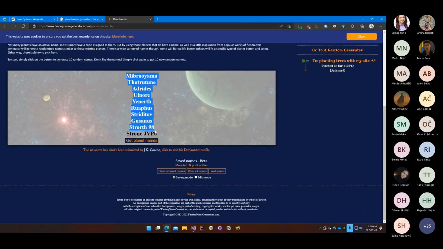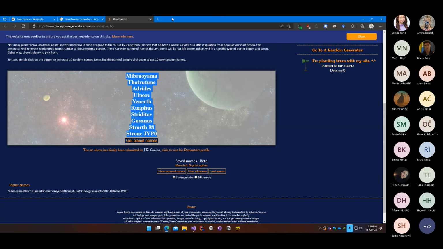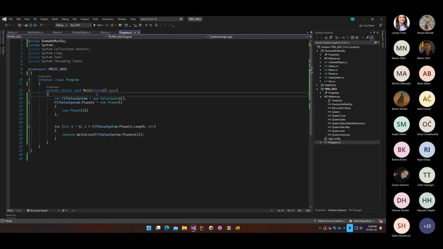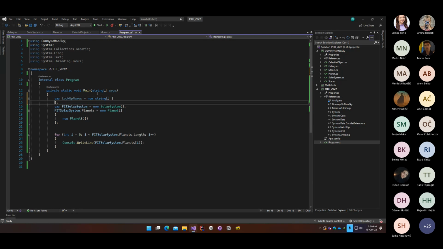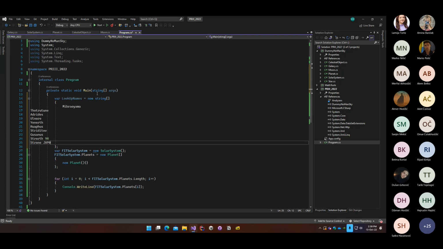So I copied a bunch of these names. For example, I have here, let's see, var lookup names equals new string array. Fine. I actually used lists because it was much easier, but fine, we can use arrays as well. And right now, obviously, I have to